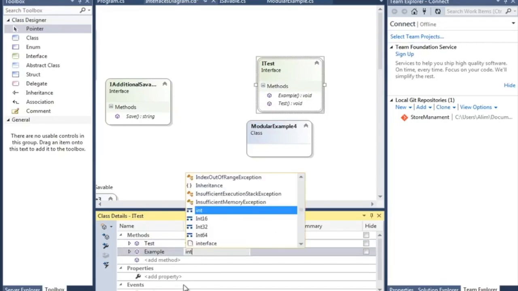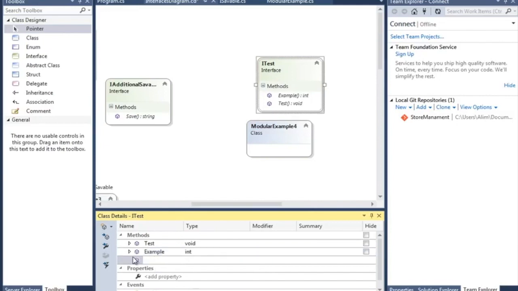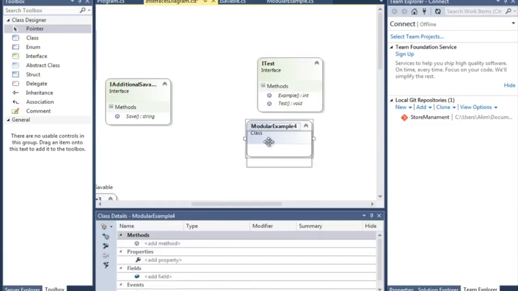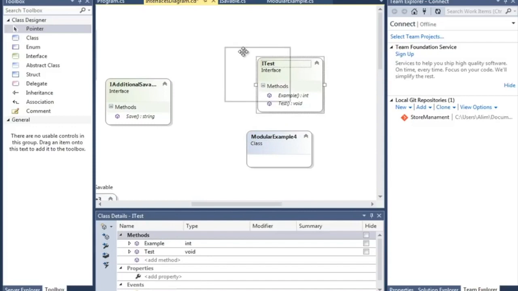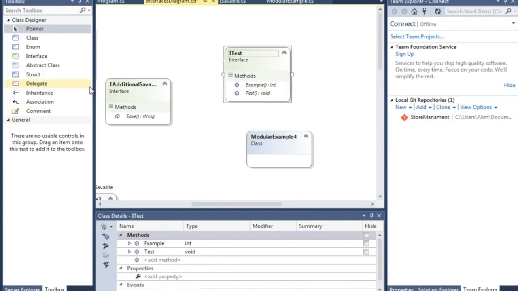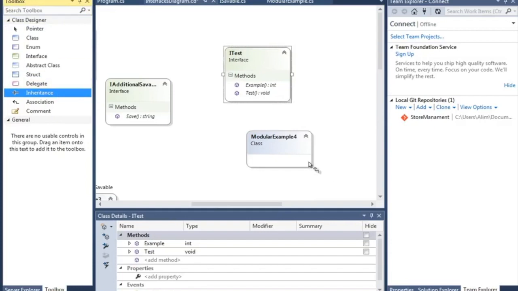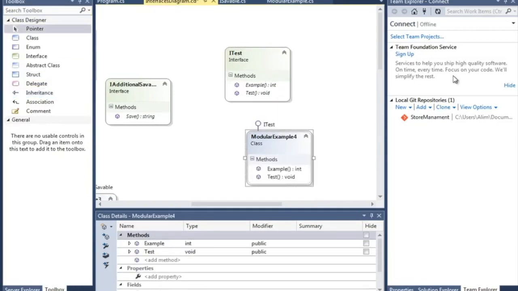Let's say you want an int for Example, and if you want parameters, let's say x is a decimal. If you want to add another parameter, it's a double, and so on. To make the class dependent, you click on it in the toolbox and drag it onto the class.